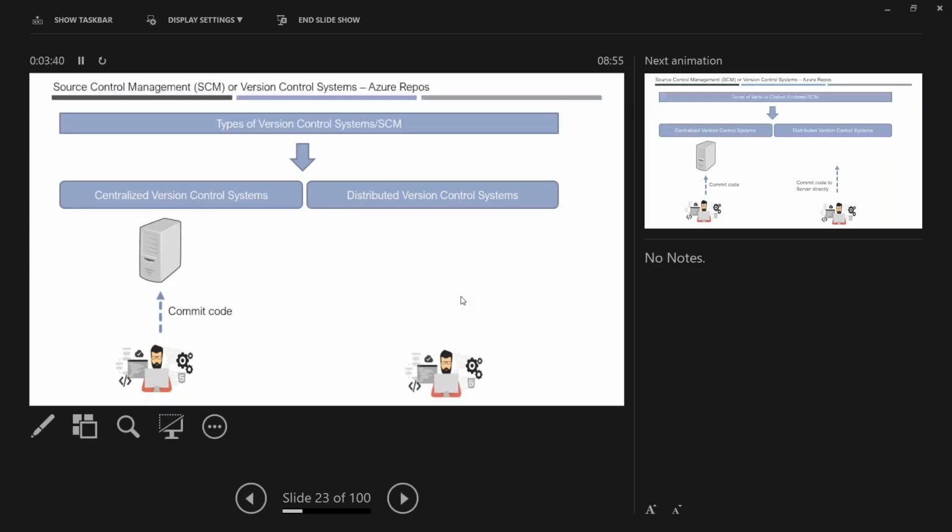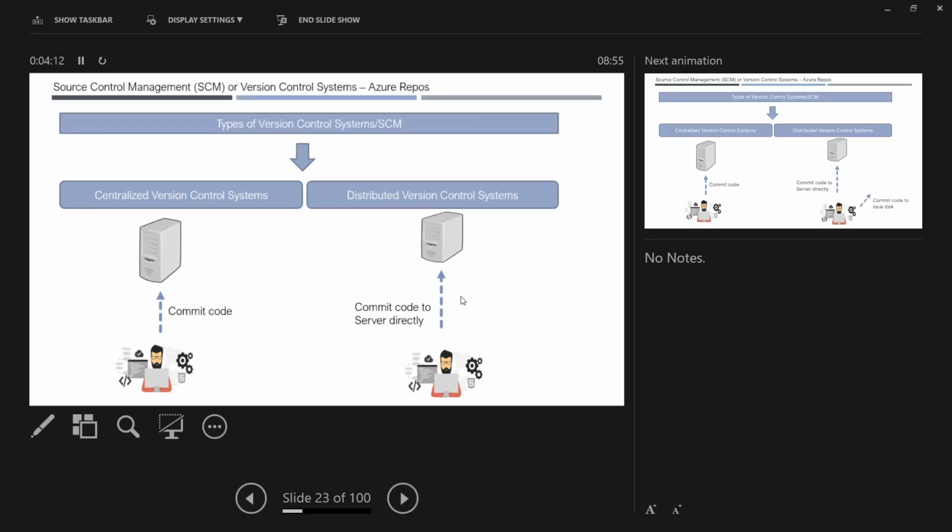You have the same developer, and he can also commit the code directly to the server. But there is another way, because I will apply some policies when using a distributed version control management system. I will apply policies or restrictions to stop the developer from directly committing code to the centralized server. But we have both options.